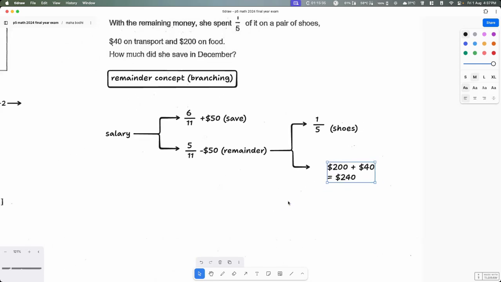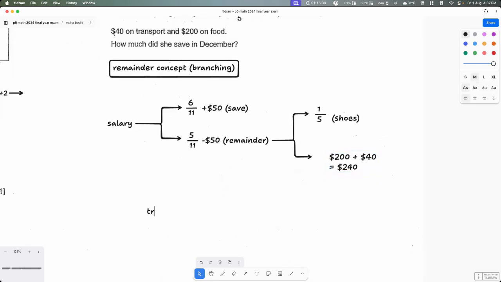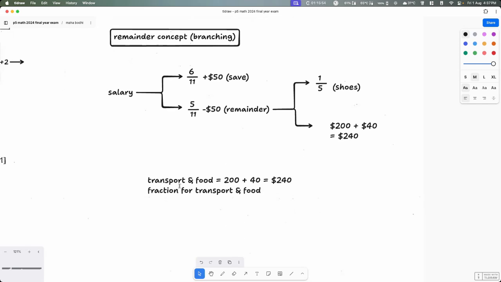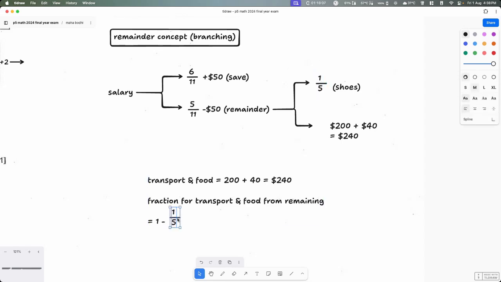So in this case, transport and food is equal to 200 plus 40, which is equal to $240. Fraction for transport and food from remaining, that's very important, is equal to 1 minus 1 over 5. So just put this over here, right? And what will this become? This will be equal to